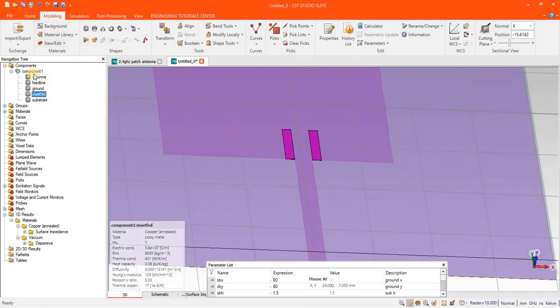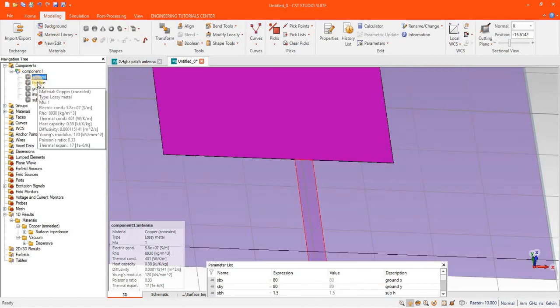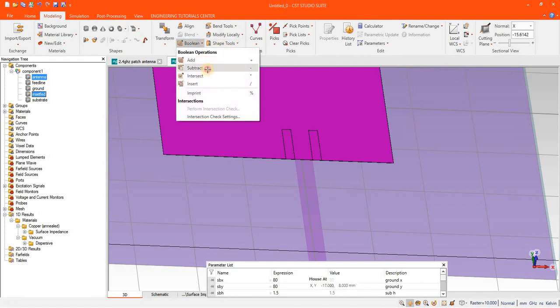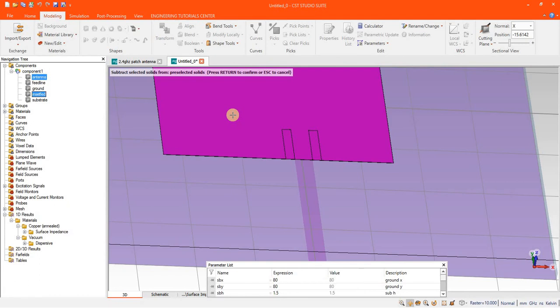Now we are going to subtract this from the antenna, let's subtract and enter.